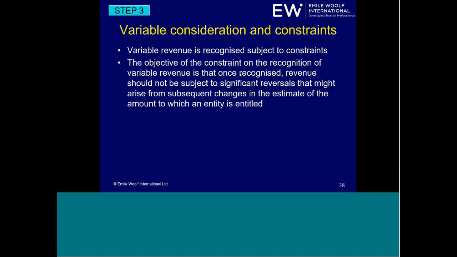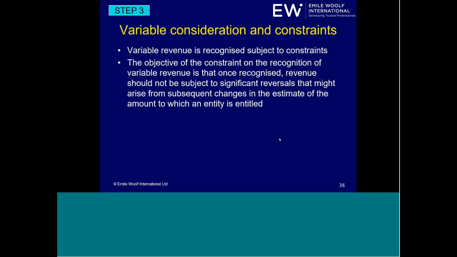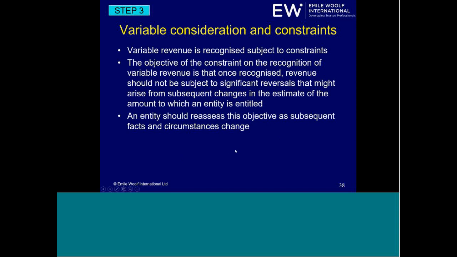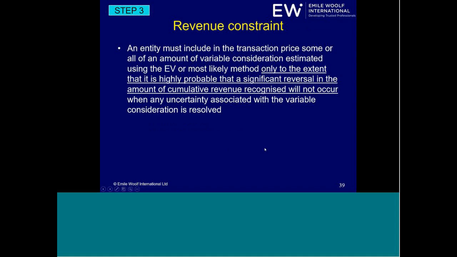Now, if variable elements are all opened, dealt with, and closed, finalized within 1 year, it's not an issue for us. The issue comes when there is a variable amount of consideration which is going to get confirmed after a year end or period end. To continually reassess that objective as the circumstances and the facts change. So, an entity must include in the transaction price some or indeed all of an amount of variable consideration estimated,